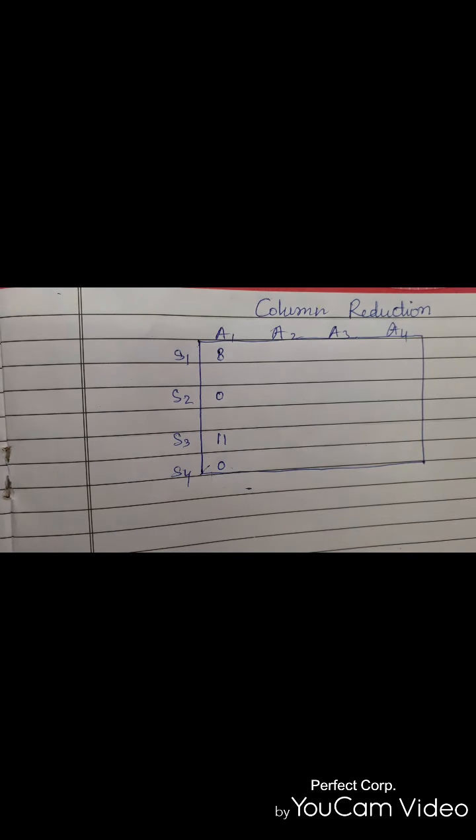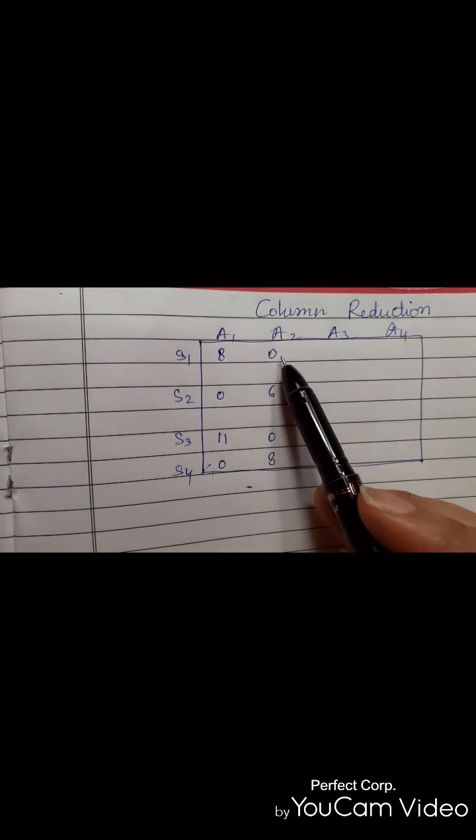So the first column will remain the same like this. Again, there is no change in the second column because the minimum element is 0. But after applying column reduction on the third column, where the minimum element was 1, we will get these values. In the same manner, we will get these values for column 4 on applying column reduction. So we have completed the first, second and third steps of the Hungarian method.